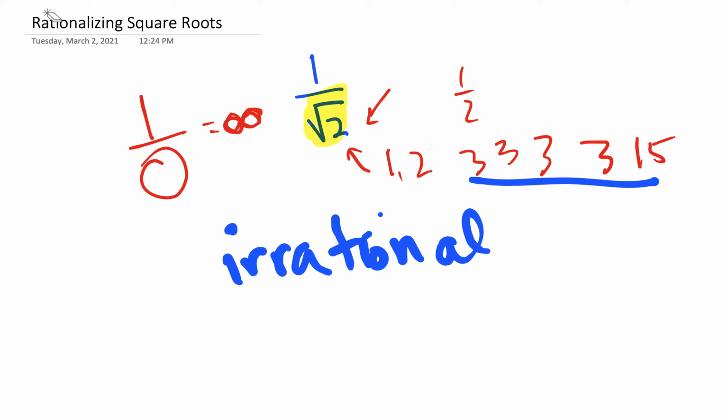So we're going to rationalize the square roots, when the square root is on the bottom. I'll use letters to represent it. We're going to have something on the bottom. What we're going to do is pick whatever it is on the bottom, and multiply the top and the bottom